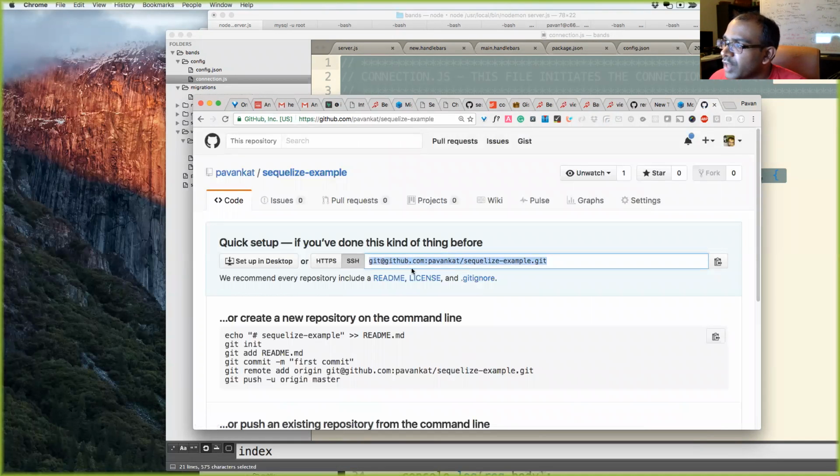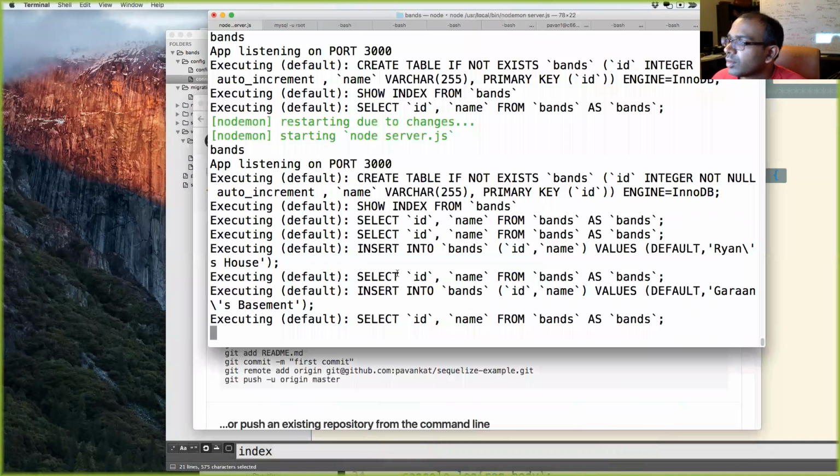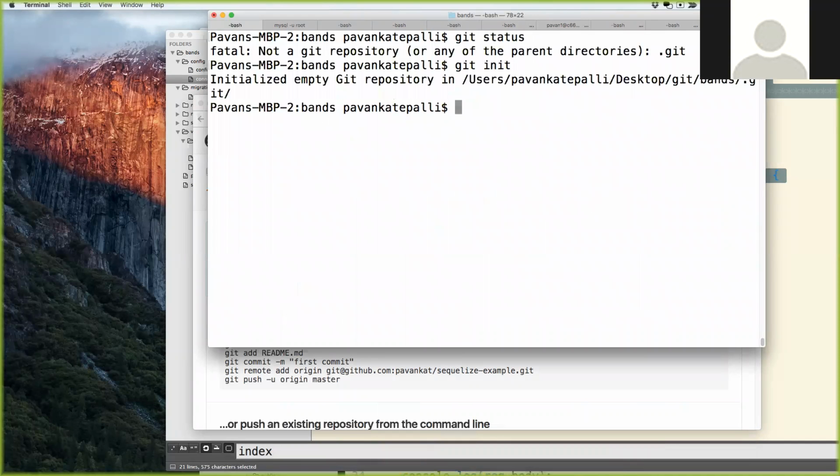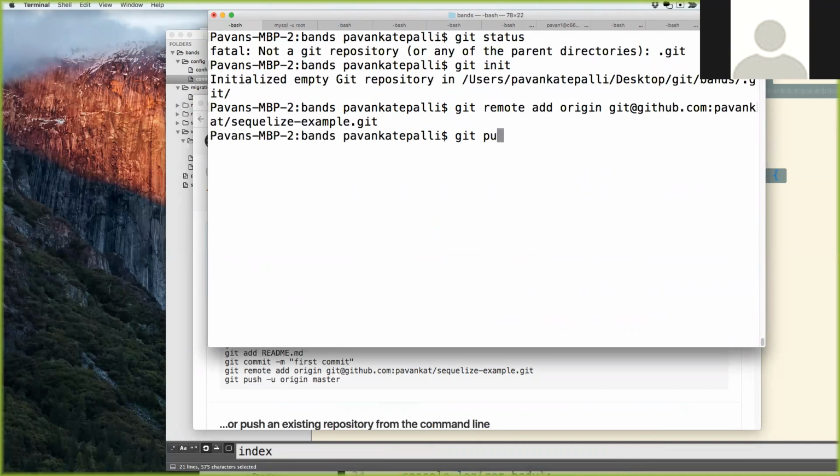Any other questions, guys? Yeah, I have a question. So for some of the more advanced Sequelize things, like associations and many-to-many relationships and that kind of thing, if I'm having trouble finding it in the Sequelize documentation, is there a good place that has examples or tutorials that you would recommend?